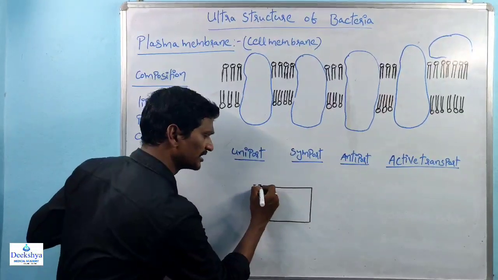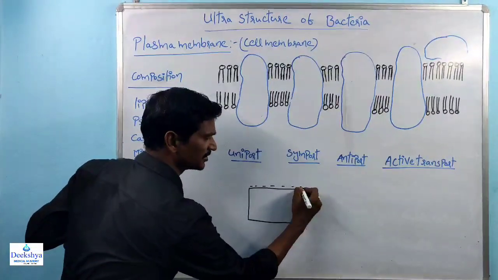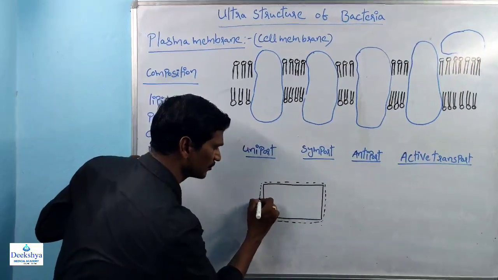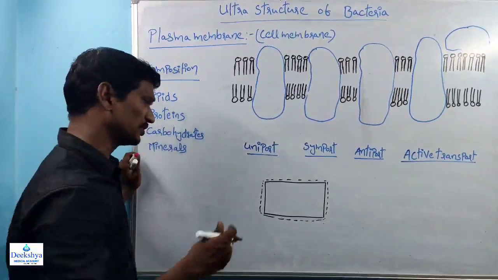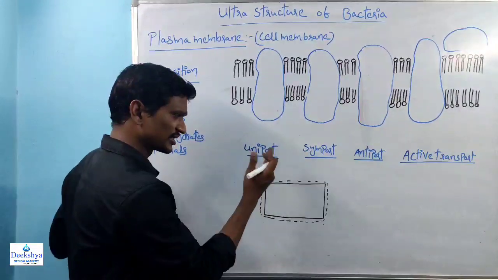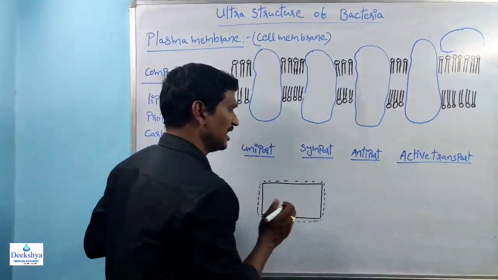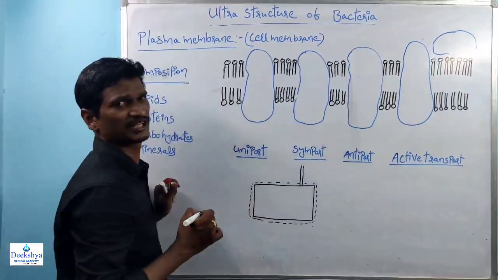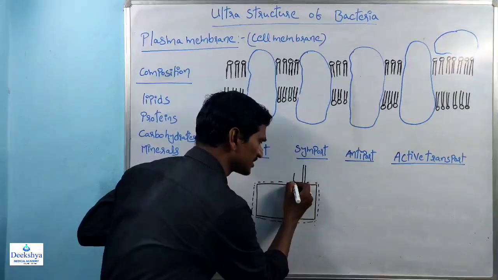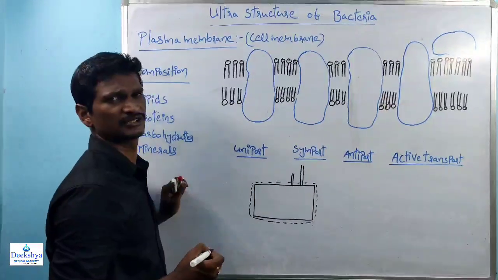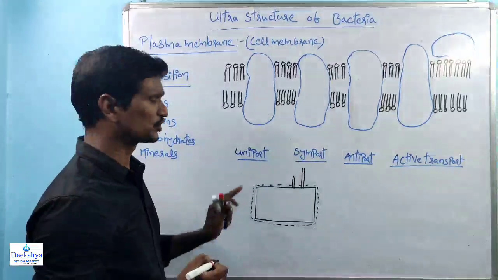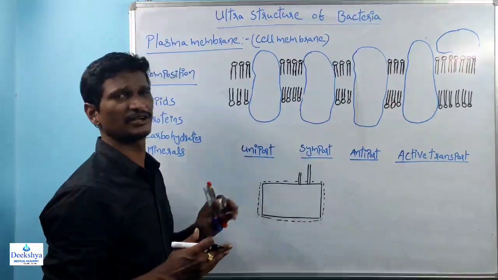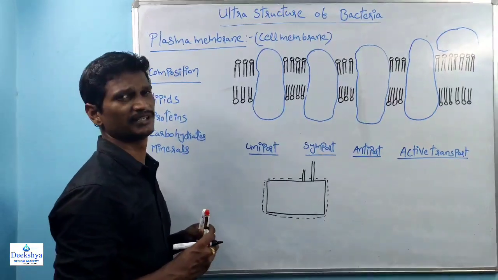Outside the cell wall, there is a glycocalyx layer. So outside the bacteria, there is a glycocalyx layer, right? We discussed the cell wall, the glycocalyx layer, and there are needle-like structures. Long needle-like structures and short needle-like structures. Long needle-like structures are called sex pili. Short needle-like structures are called fimbriae. We already discussed the function of the sex pili and the fimbriae, right?